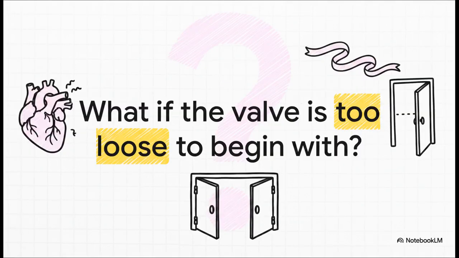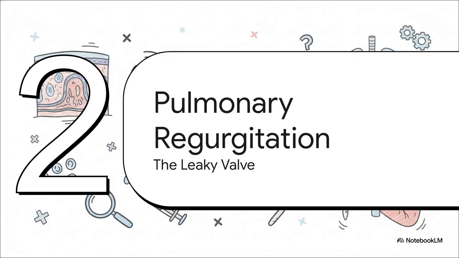We've spent all this time talking about what happens when the door won't open. But what if the primary mechanical problem isn't a tight valve at all, but rather a valve that is just too loose to begin with? That brings us perfectly to Section 4, pulmonary regurgitation causes, or the leaky valve. Unlike stenosis,